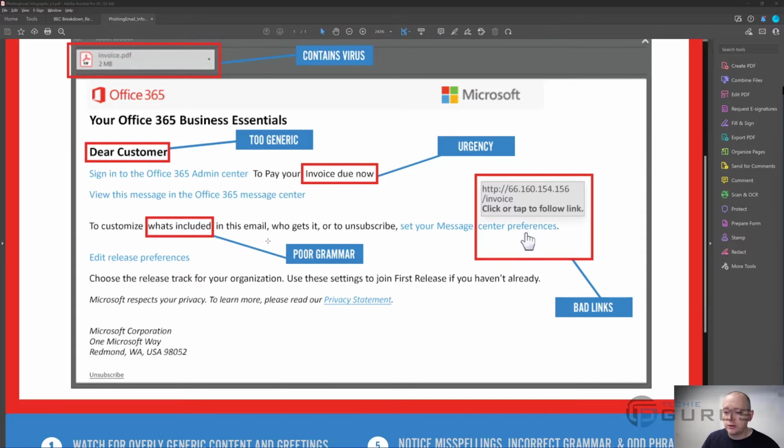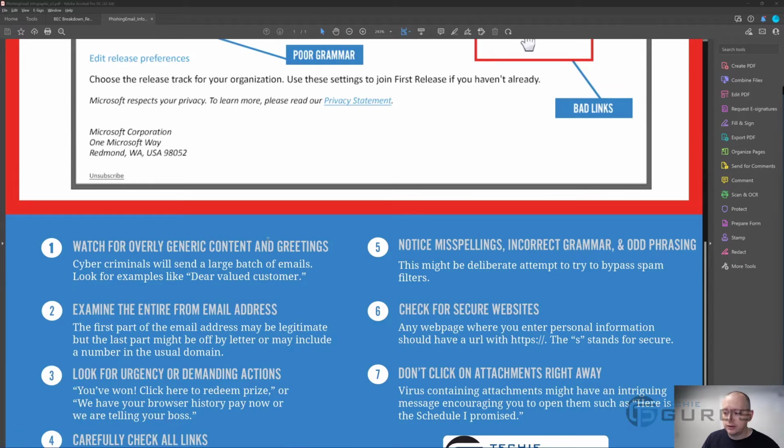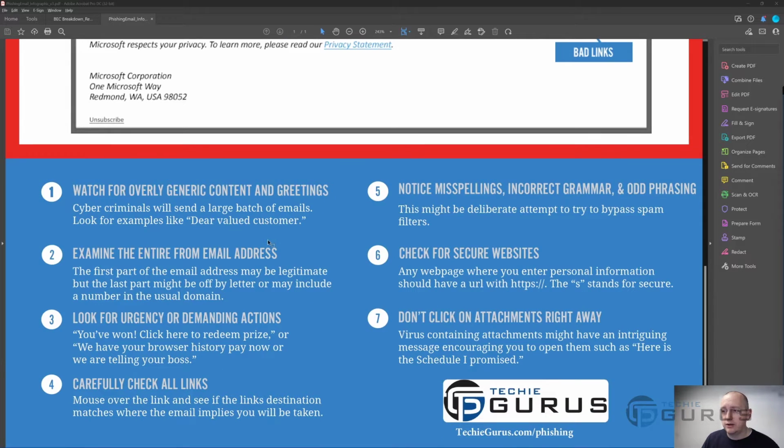So what we want to do as a company is go down here and show this to our users. Give them the seven tips that you see on the screen right now. You can pause this, you can take screenshots. Again, this is a poster that we have. But we want to go through all of these with our end users, our employees, and show them what it looks like. And then at the very least, if they're still cautious, talk to your IT, talk to somebody that knows